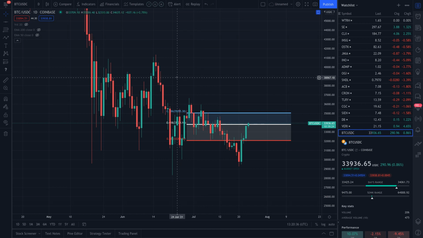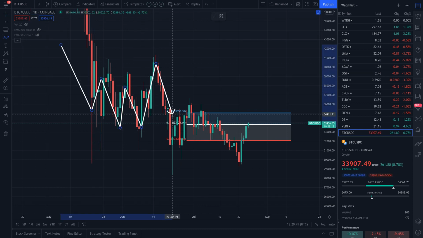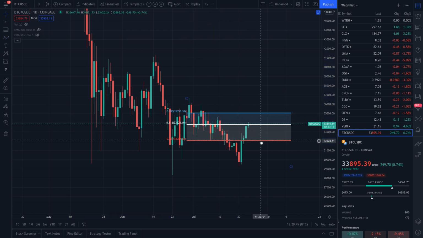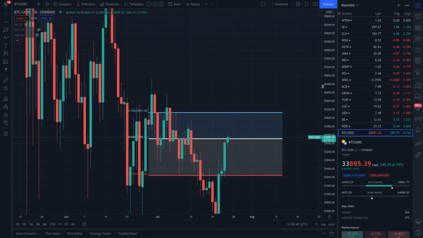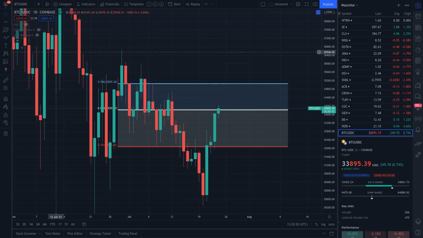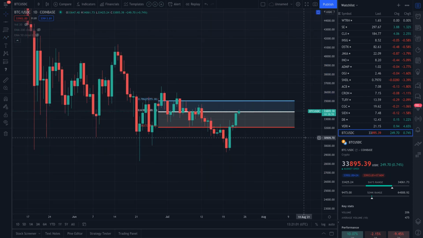suppress the price below the 618, then expect the short-term, potentially long-term trajectory to continue lower. But the very moment that the sellers are unsuccessful at continuing to stop the price out at the 618, then and only then I personally think would be a turning point for the Bitcoin market. But so far, we are still perfectly confined in the short-term downtrend, assuming that this market does not close above $33,800. Hopefully we're clear about that.